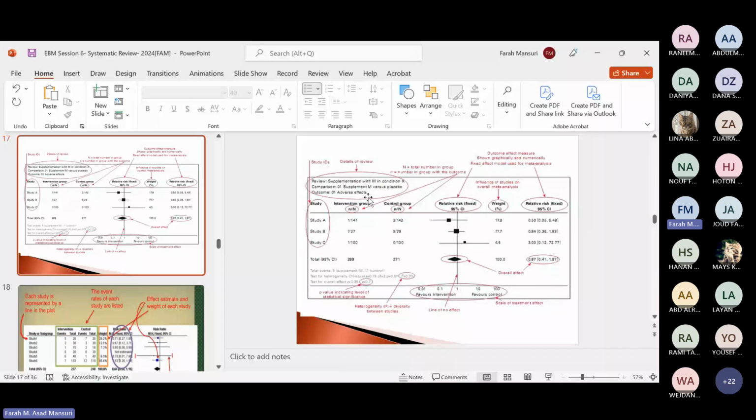Then this big N is the total number in the group, and small n is the number in the group with the outcome. In the control group also, the small n is for the number of the sample with the outcome, and big N is for the total number in the groups. This relative risk